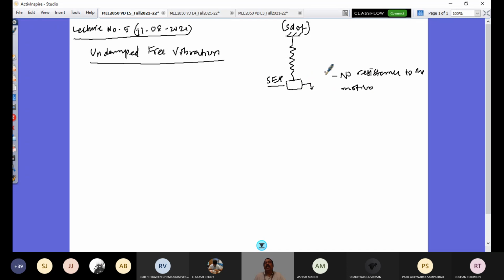To have energy dissipation, we need to include an element called a damper, or damping, and that is not included in this. We will look at mechanical vibration with the consideration of damping in the next class. Today's class, since this model does not include any damping element because of the important assumption of no resistance to motion,